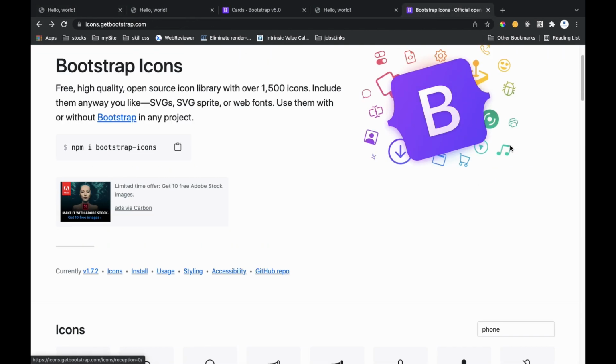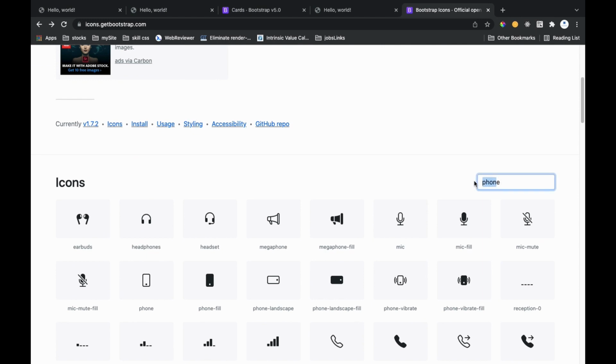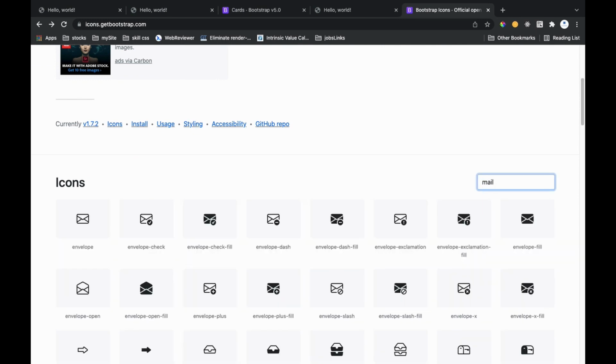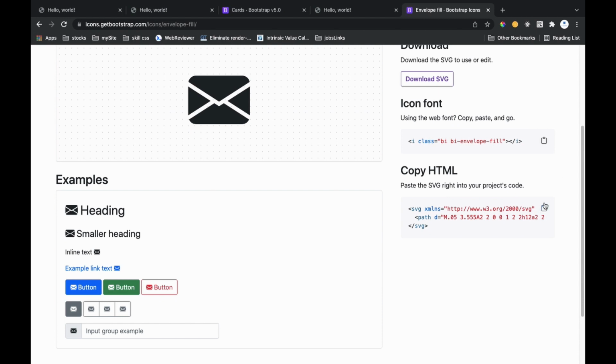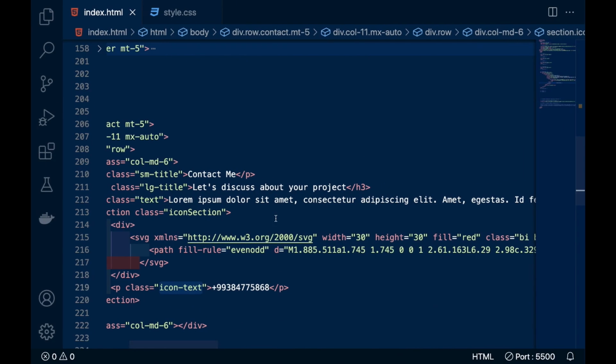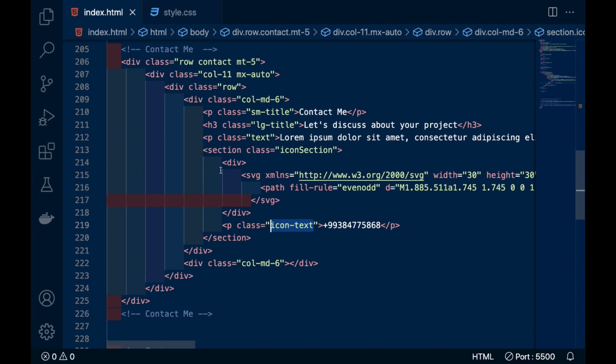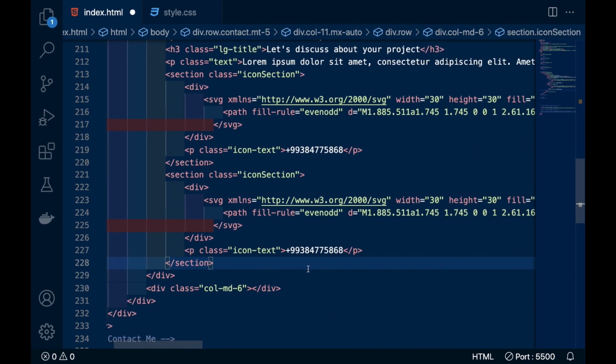Once again come to the Bootstrap icon, search for mail, just select any one, copy the SVG file. Before that, first of all, copy this section because this is the icon section, and paste it again here.